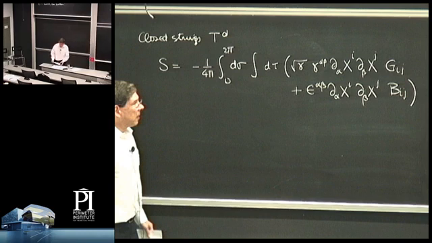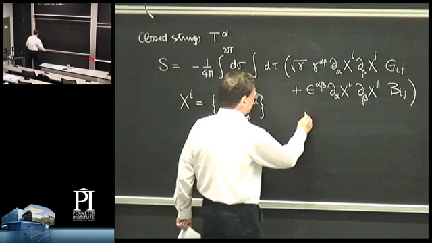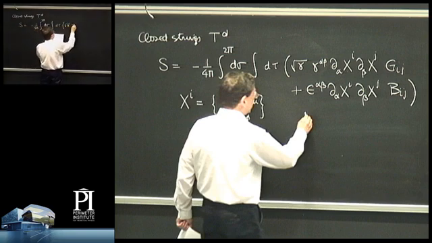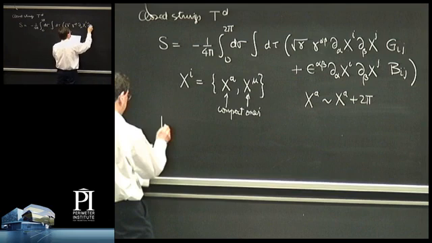So let me review the setup. The setup is closed bosonic strings on a torus T^D. So you have a two-dimensional action. It's familiar, the first quantized action for strings moving on a torus. It will have, with a worldsheet metric, here are the string coordinates, here is a space-time metric. Here is the second term with an antisymmetric